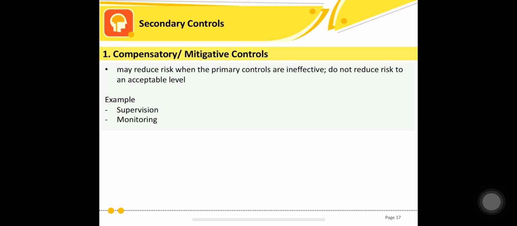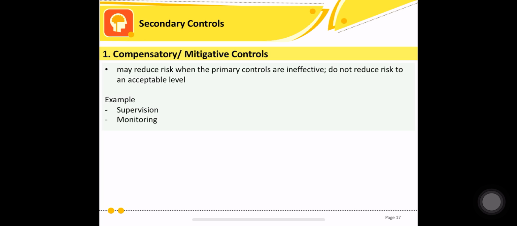So, ang magiging secondary control mo rito, ano kayang pwede? So, supervision monitoring. Best example dito is CCTV camera. So, as you can see, if you're gonna use CCTV camera na nga. Anyway, if you're gonna rely on CCTV device, it's not okay to consider it as a primary control because again, ang CCTV andyan lang yan. It won't totally mitigate yung risk, but it can help.